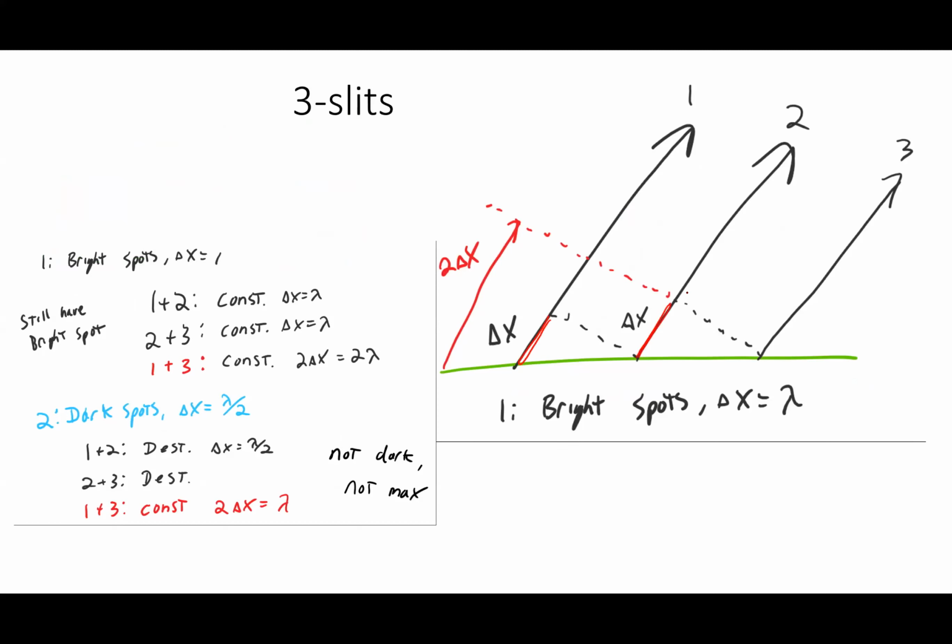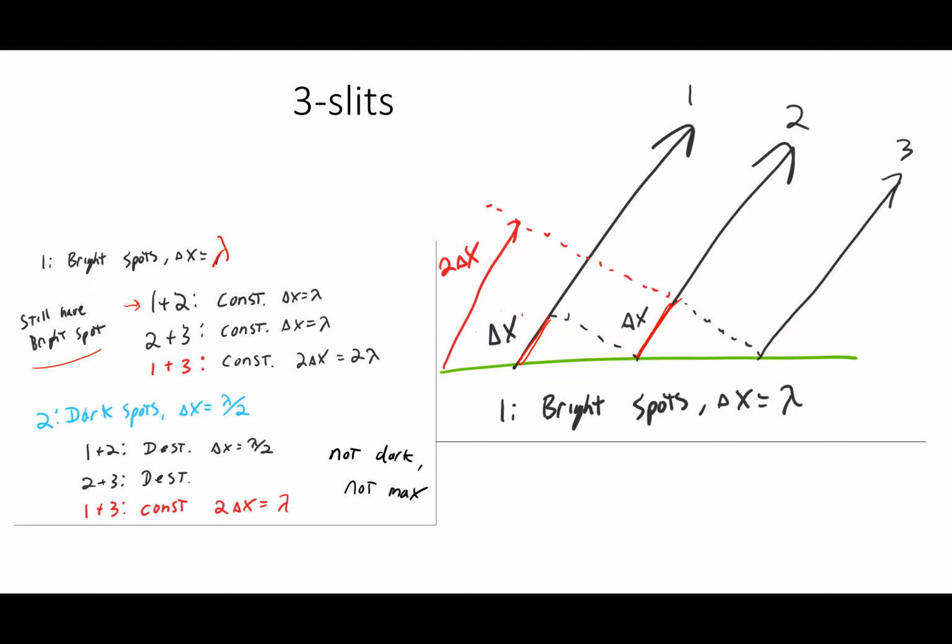I could draw this triangle again, and I could look at a situation where slits 1 and 2 have constructive interference. So if, say, delta x is equal to lambda, that means my first two slits are undergoing constructive interference, and my second two slits are also undergoing constructive interference. So what does this tell me? This tells me that if I open up the third slit, then spots that were bright are still going to be bright. I still have constructive interference because I still have a whole integer multiple of wavelength as a path